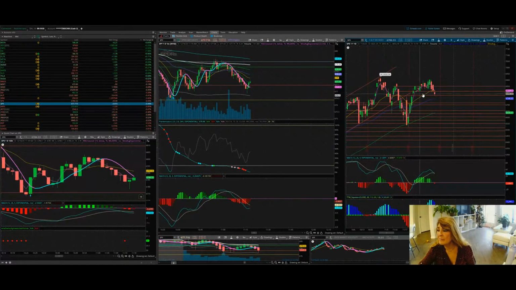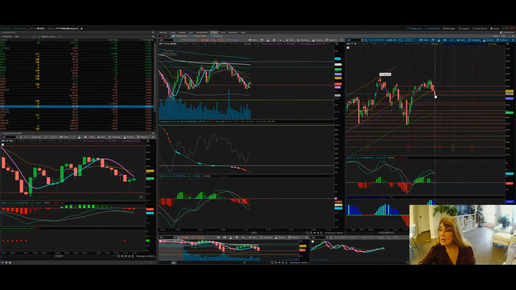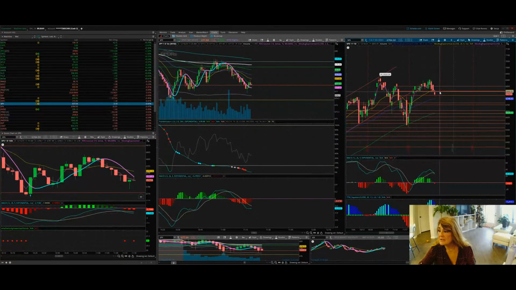We're not far from it. So we're watching these mile markers, this 20, this 6,800, this next zone at 67.75 to 67.68. This is that whole gap fill zone. And then if we come and fill this gap, which it looks like we're trying to do today,